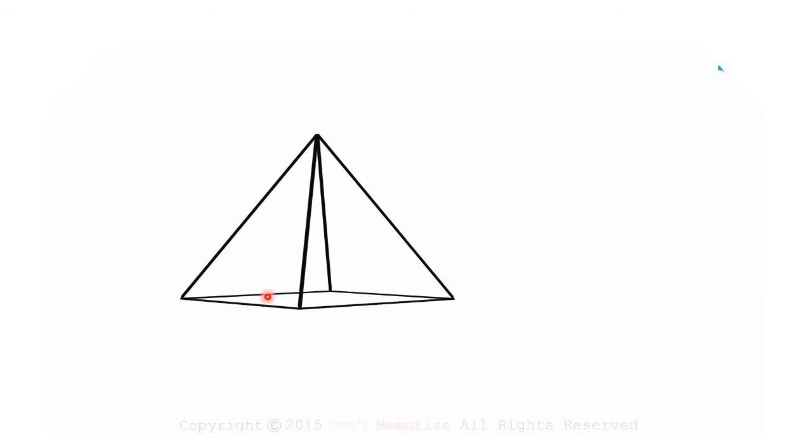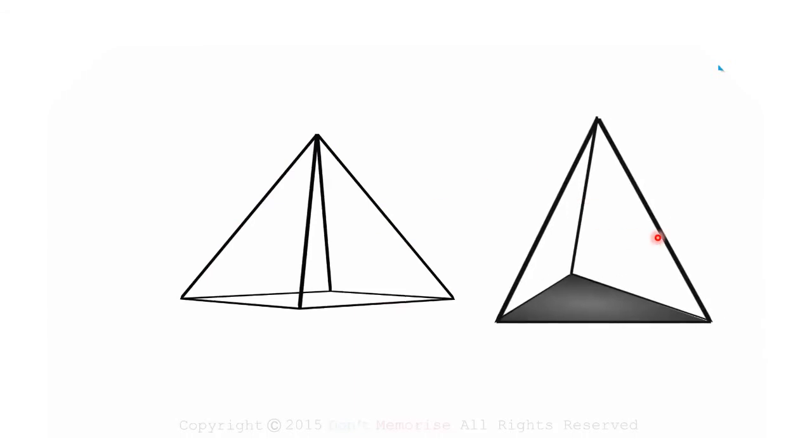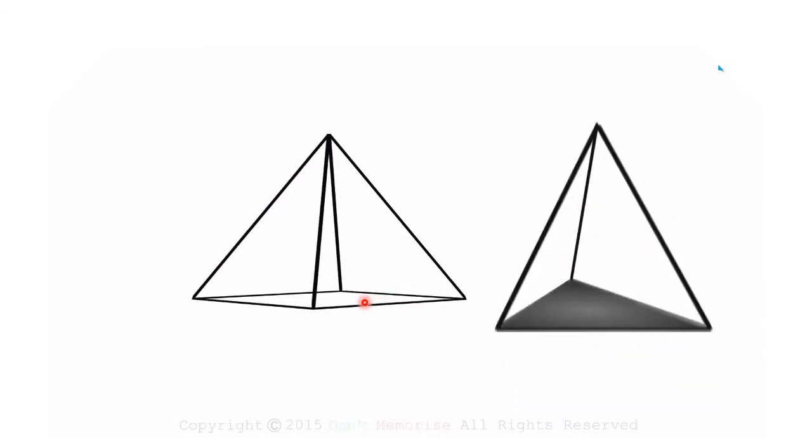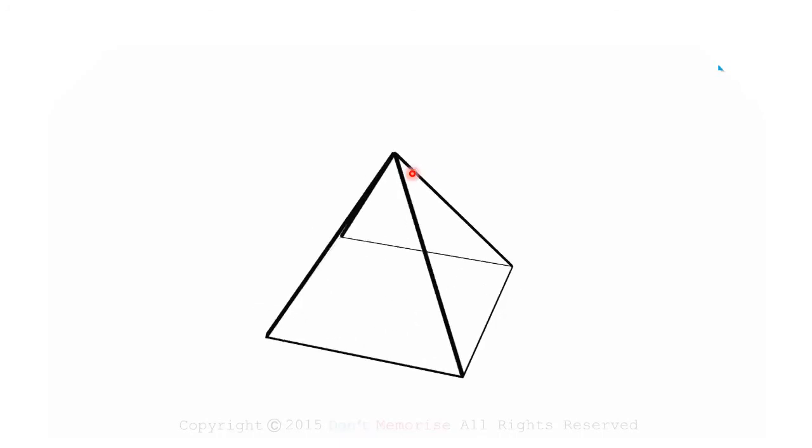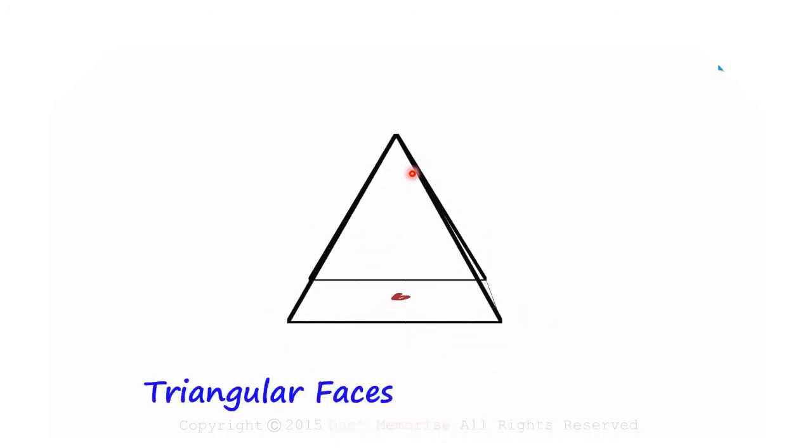Next we move on to the square pyramid. The base here is square, so it is called a square pyramid. This one is called a triangular pyramid. Now we are going to draw the net of this square pyramid. How many sides are there in a square pyramid? The base, the bottom part, is a square, and the remaining 4 sides are triangles, isn't it? So the bottom is the base, the remaining 4 sides are triangles.